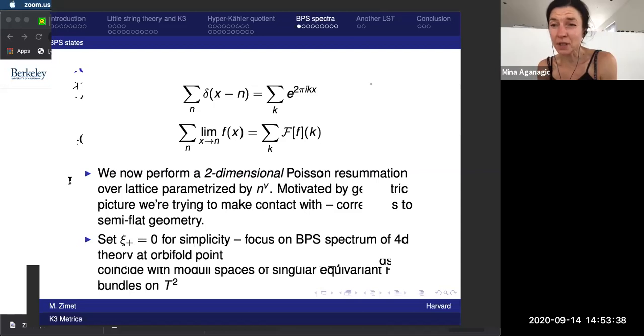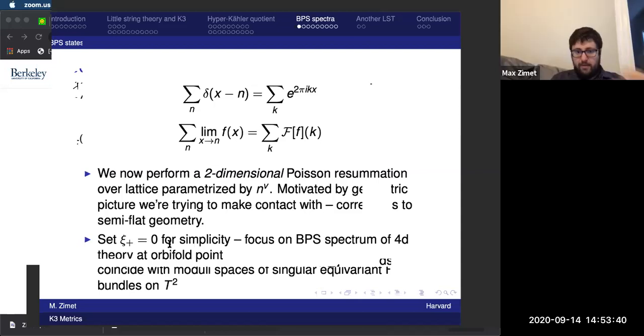Because it only sees the complex structure or something. Exactly, but yeah, the way to think about that is that the complex FI parameters are holonomies for some background gauge field in the little string theory as you compactify on T2, whereas the real FI parameter is some extra holonomy you get to turn on once you compactify on the third circle. So the BPS state counting problem only cares about the little string theory on T2, so it only sees these guys.